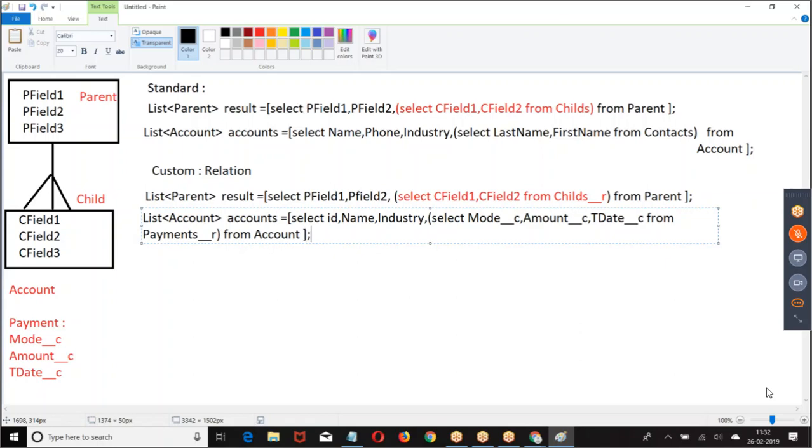Select ID, name, industry, select mode, amount, transaction date from payments underscore R from account.